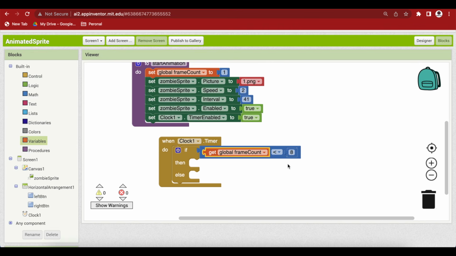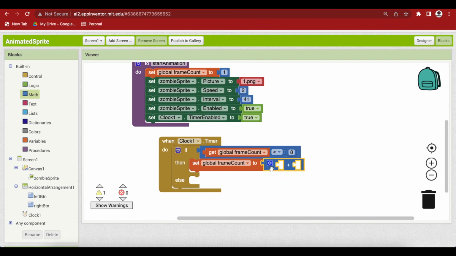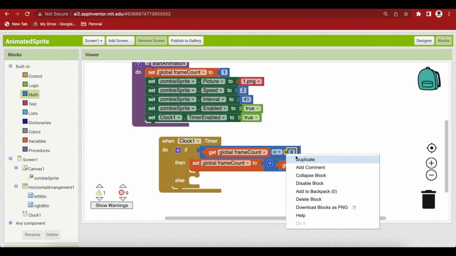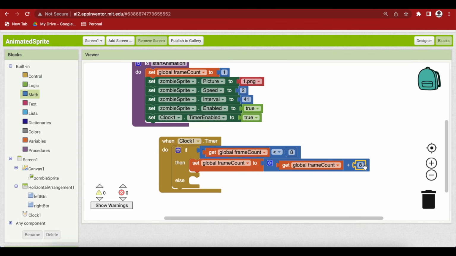So how will we change the frame? First of all, we are going to set our frame count to a plus of the previous frame count and 1. So if I duplicate this, this will give us the frame count, and if I duplicate this one and plug in 1 here, this will add a 1 to our frame count, and then we are simply going to